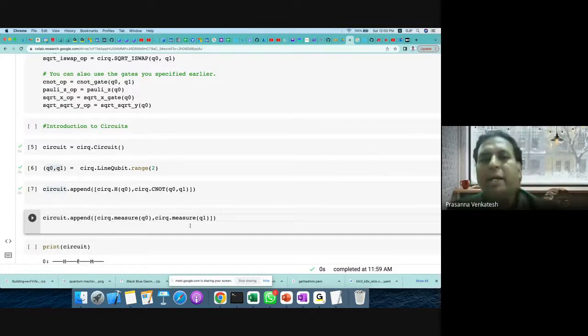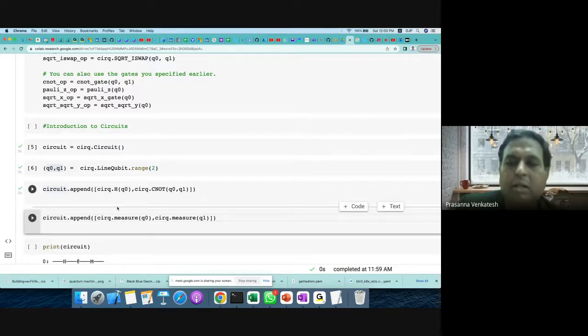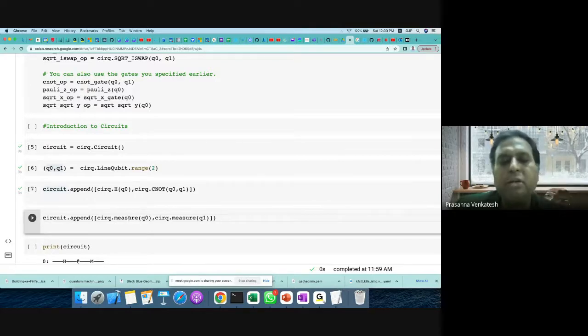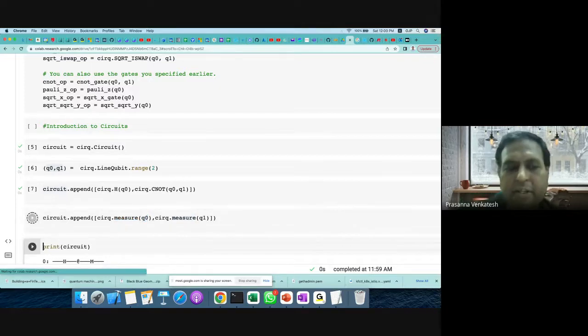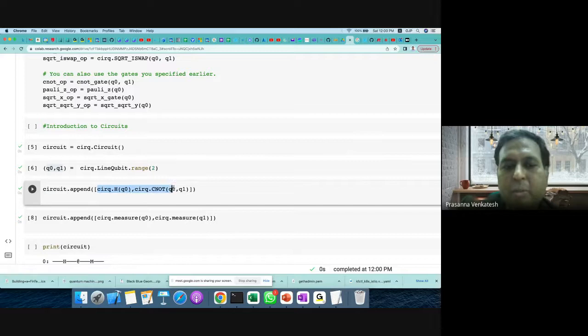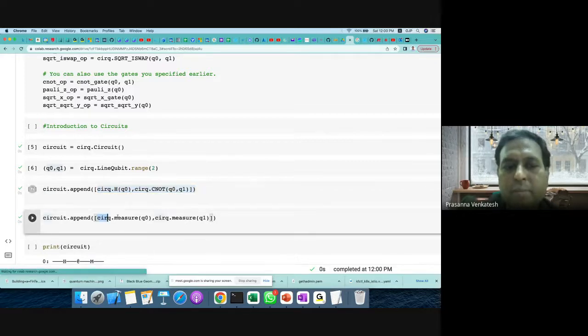That represents I have added these two gates, and these two gates are going to perform some operation on the actual qubits. Now I need to see the results, right? To see the results of these qubits, you have something called measure. The circ.measure will take the value of the qubits and provide you the results. If I execute this, it is going to tell you, okay, fine, you have done some operation. After the operation, what is the value? Only using the measure can you actually get the detail.